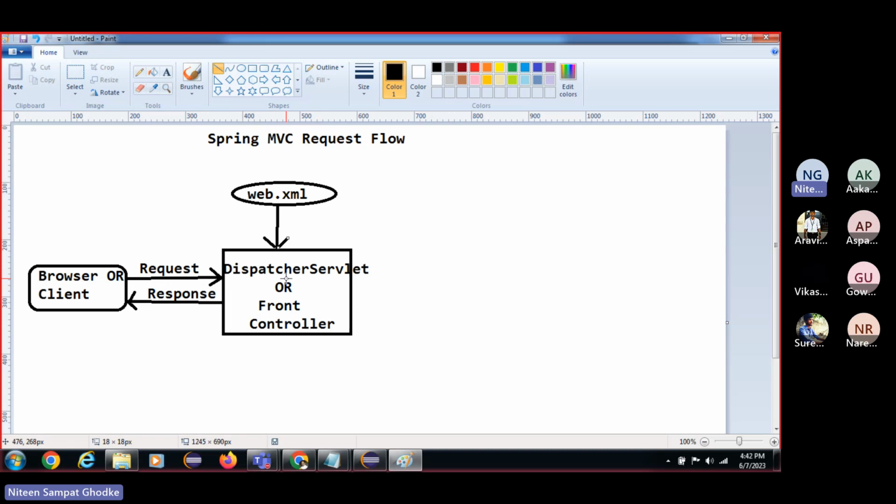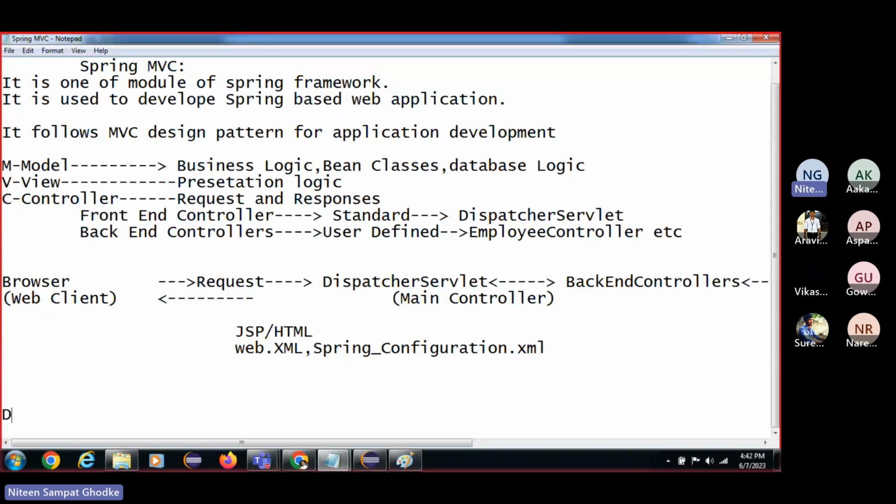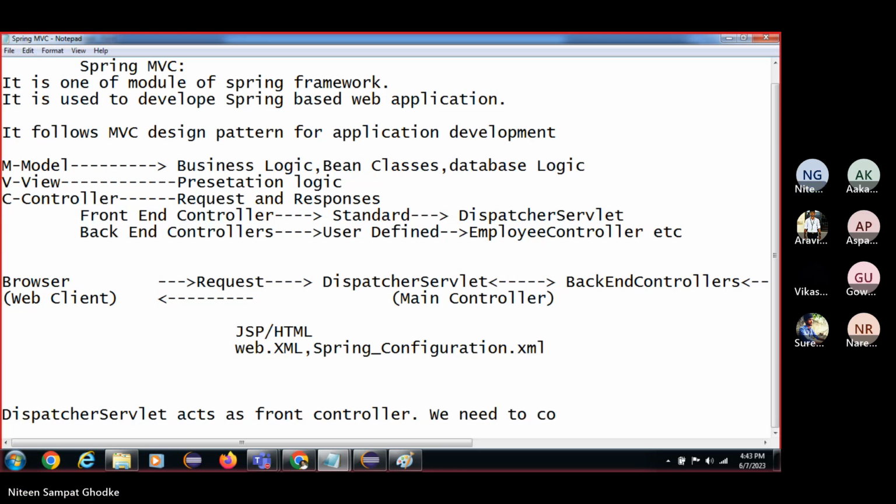Now talking about the dispatcher servlet as a front controller, the following are the tasks performed by the dispatcher servlet. As the request arrives, the dispatcher servlet acts as the front controller. We need to configure it